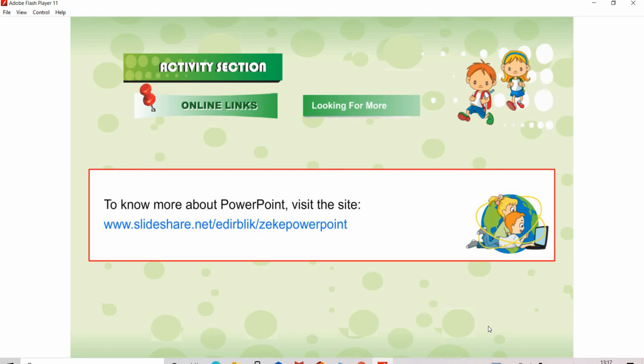Now the fourth question, which tab contains the New Slide button? So the answer is the Home tab, which is present on page number 78, Adding a New Slide. In that there are points given here. In that second point, click on the drop-down arrow next to the New Slide button in the Slide group on the Home tab. So the answer is the Home tab.